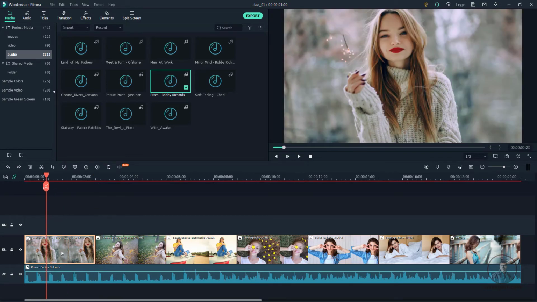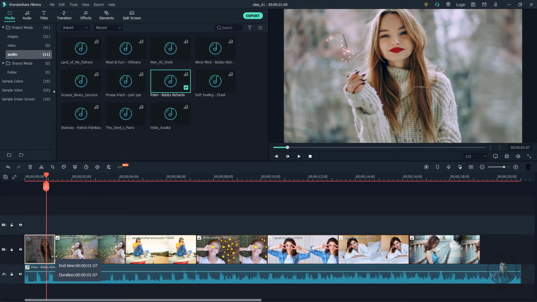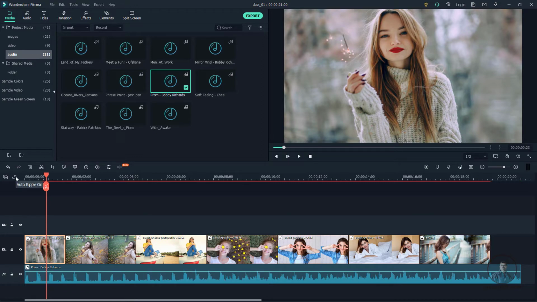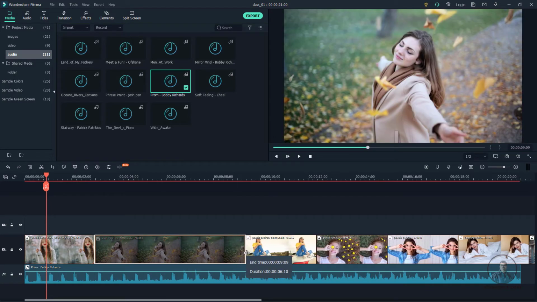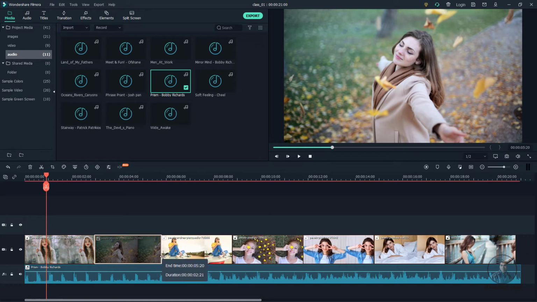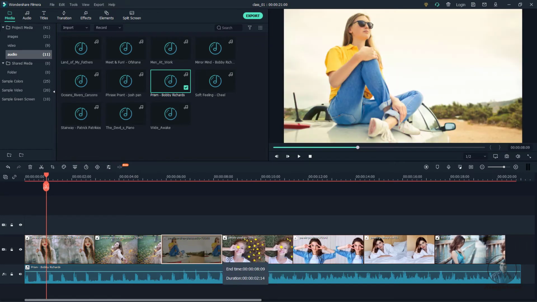Even if you want to adjust your media duration, then simply click here and adjust it here. Again remember this one, it will leave a gap due to this option. If you enable this auto ripple option, then when you trim your media, it will automatically adjust the gap. So this option depends on your requirement, how you are adjusting your media in the timeline. So here I have explained both things. Now just adjust it here. If you want to extend, you can extend like this, and if you want to trim, then you can trim. According to your requirement you can adjust your durations here.